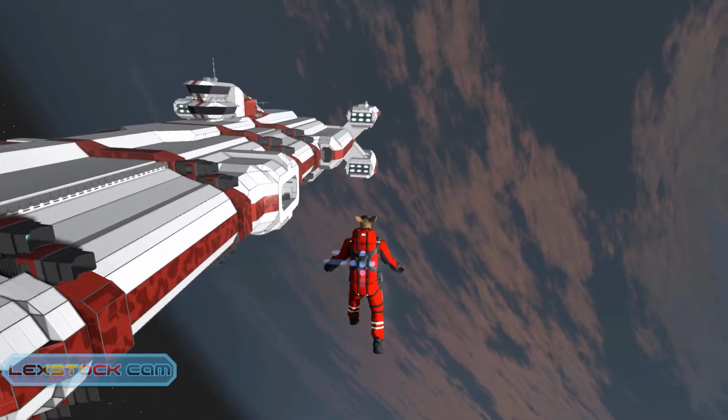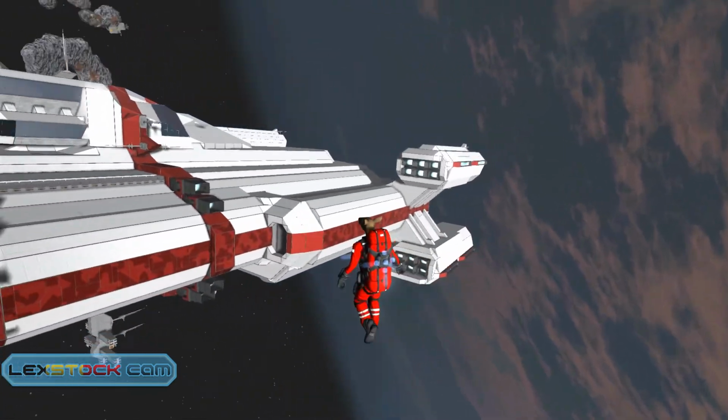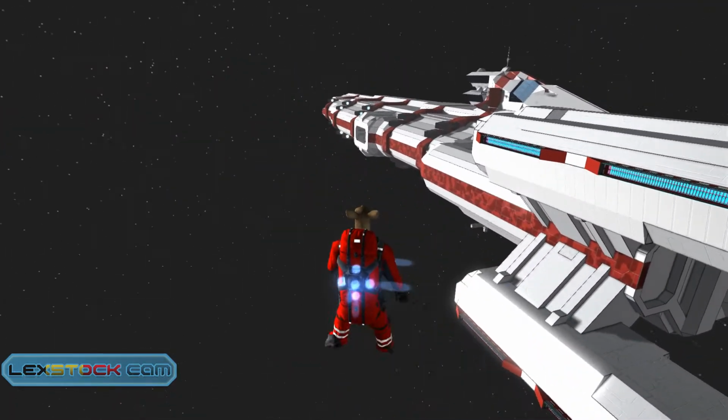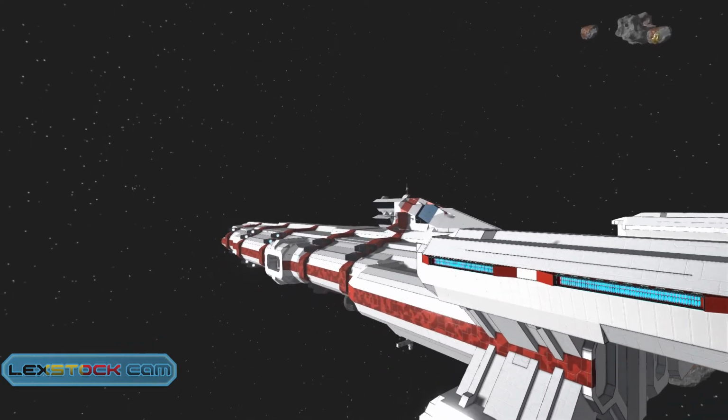So if we head over here, also a small change to the engine nacelle. We put some extra side modular thrusters on them. Just to give them a little bit of flair, and also give us a little bit more sideways thrust. Also, I'll go inside and show you the main